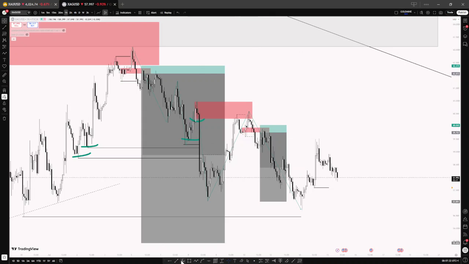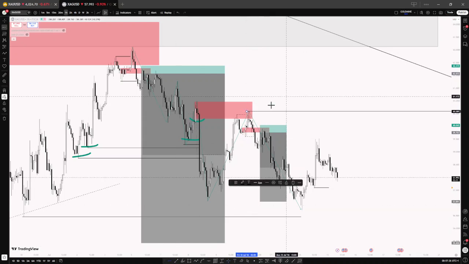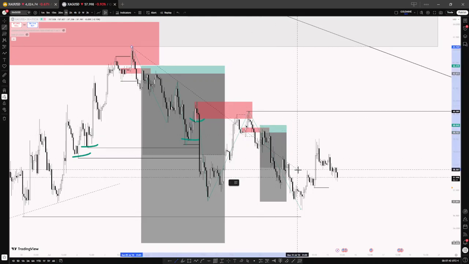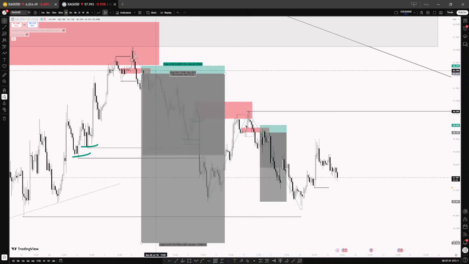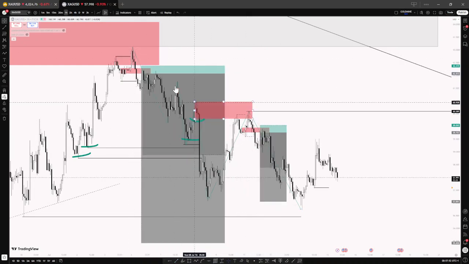Now this is the high that I don't want to get broken. If this high gets broken, my bearish bias is over. Why? Because look at this. So if this is broken, my bearish bias is over. This is more like a bearish trend line, and it keeps getting respected. So if this high is broken, because there's no other fair value gap above or whatever that we can use to take price back to the downside, then it's over.